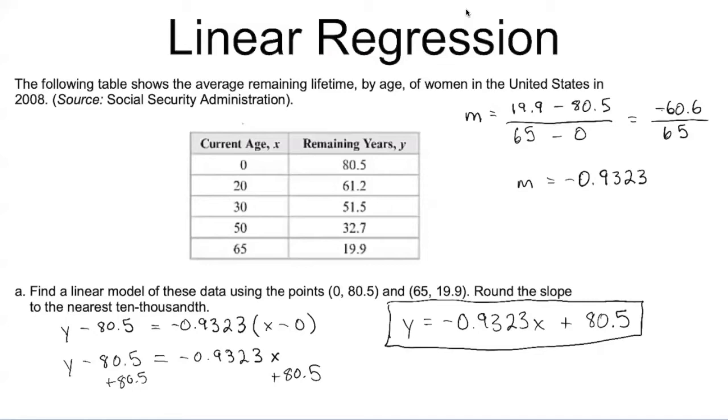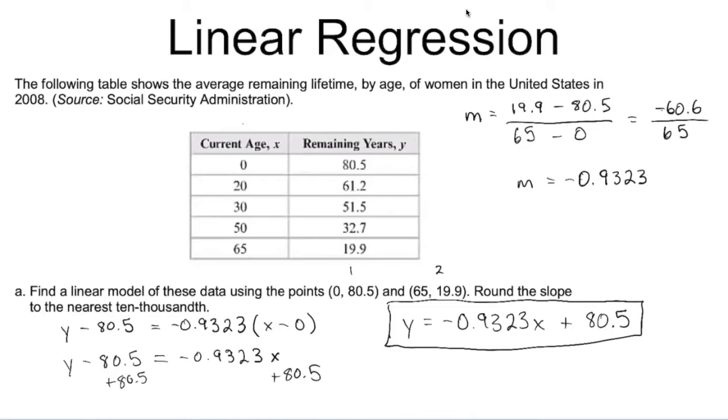So I made point 1 (65, 19.9) and point 2 (0, 80.5), and that is reflected in the formula. So I took y2, 19.9 minus 80.5, and divided it by 65 minus 0, which gave me negative 60.6 over 65, which when rounded to the nearest 10,000th, I get a slope of